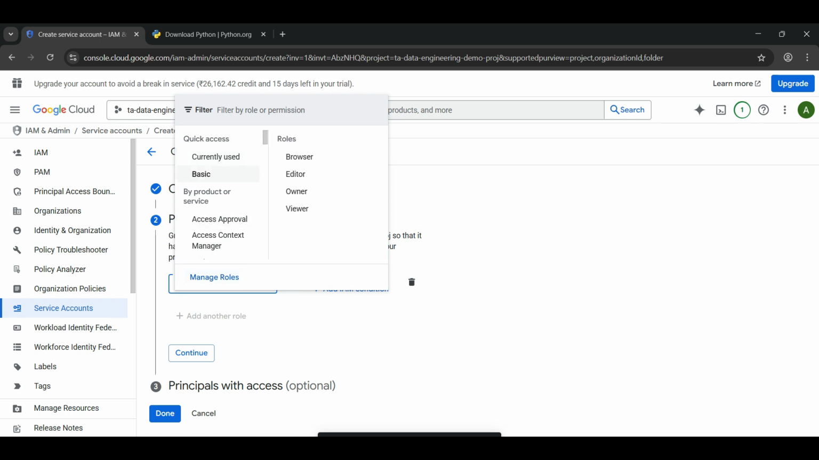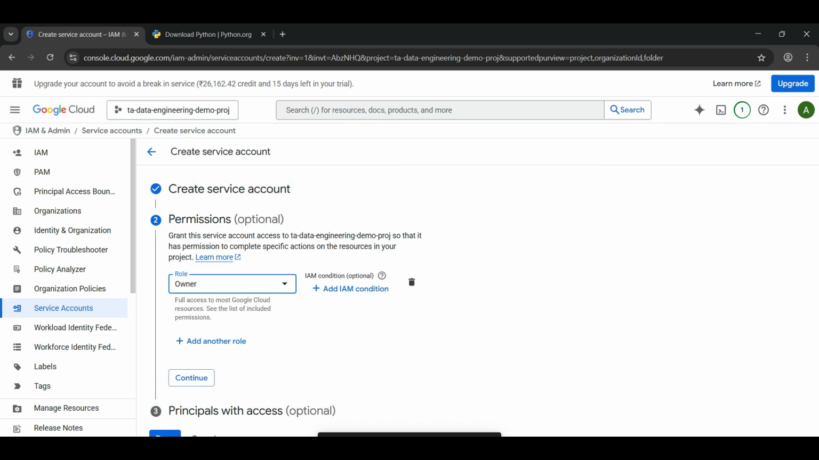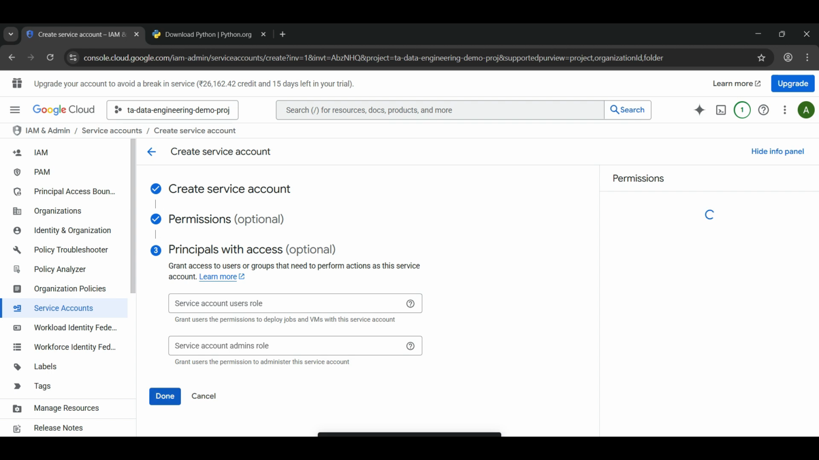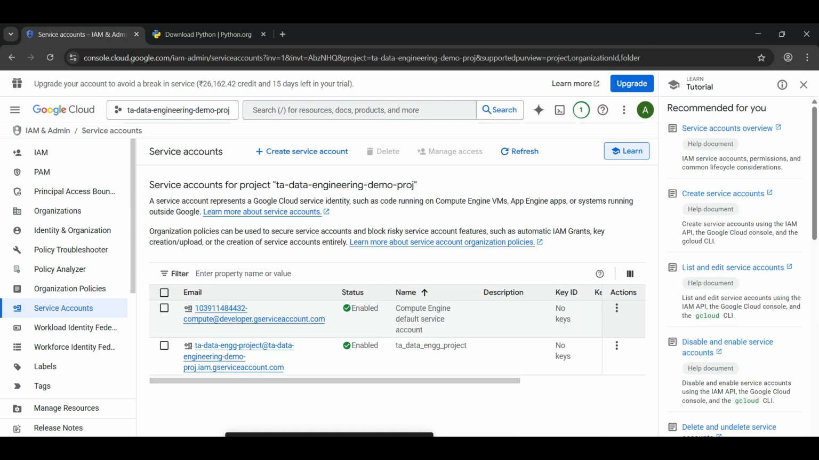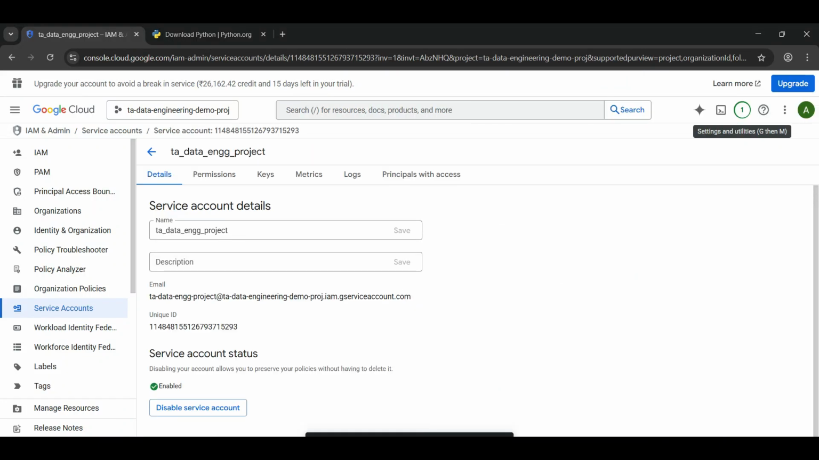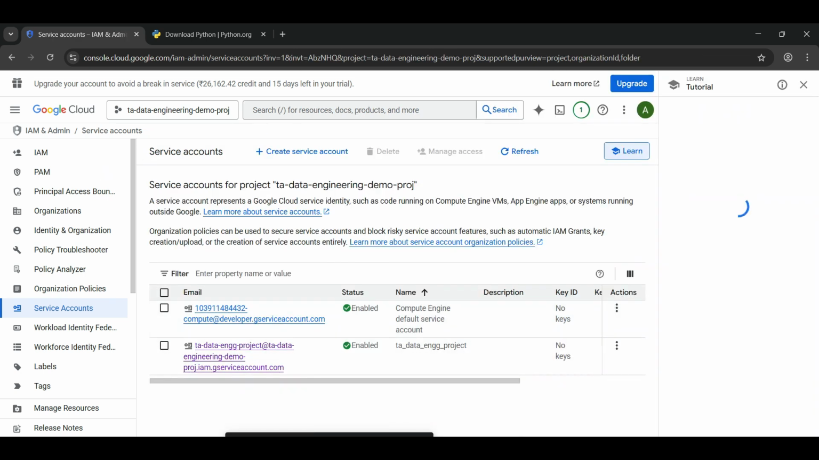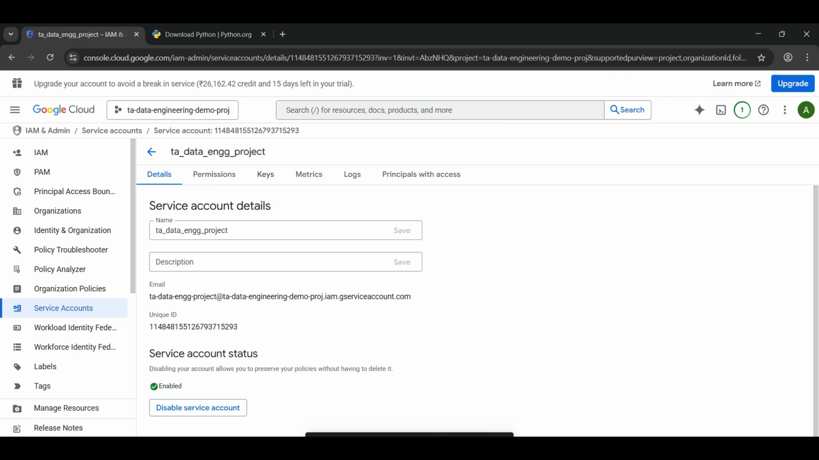So we'll set the basic role, that is owner, and then let's again click on continue, and let's click on the done. So once this service account is created, generate the key. And then how to generate the key, let's click on this created service account, and here